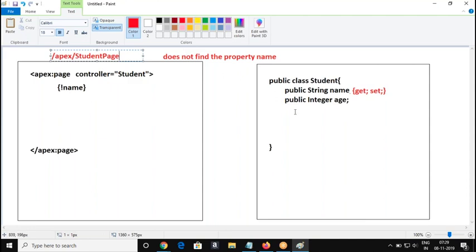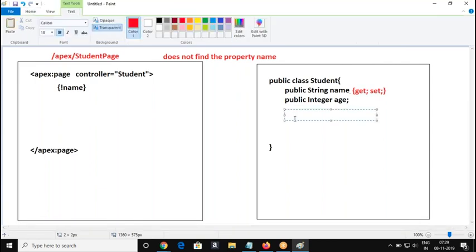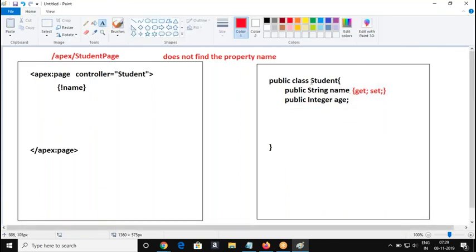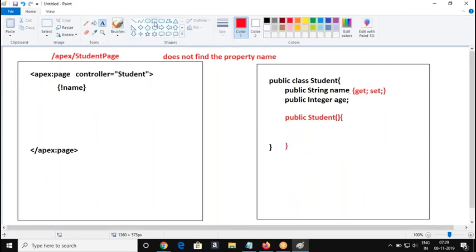The constructor block will execute first. Every class has a default constructor, right? Public Student. So every time you load the page, what will happen? The default constructor block will execute first. Got me? So I would like to display some value for the name and age